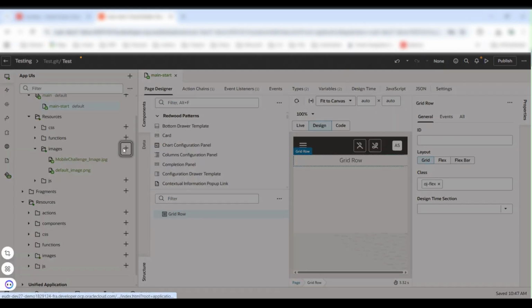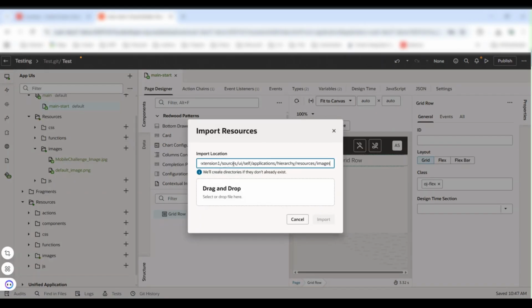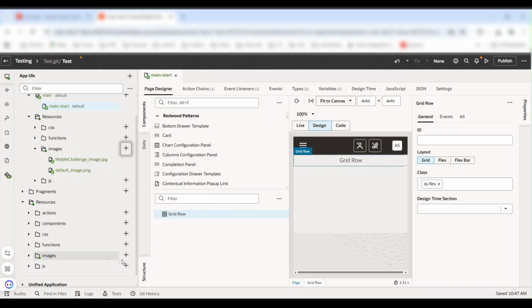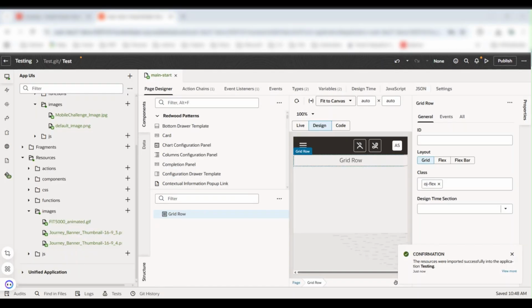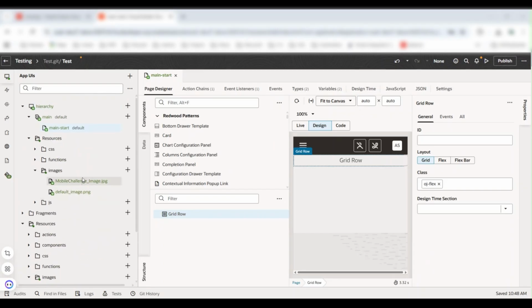If you upload to the local one, it is extension 1, sources, UI, self, applications, then the application name, where the hierarchy is the application name, and inside that we have this particular path. So we need to notice this. I have added a few images in the global area and in the application specific resources images.